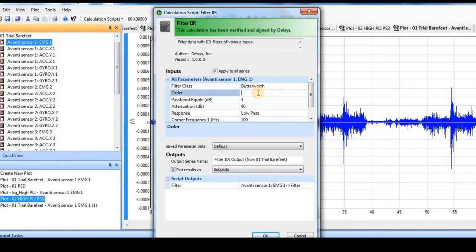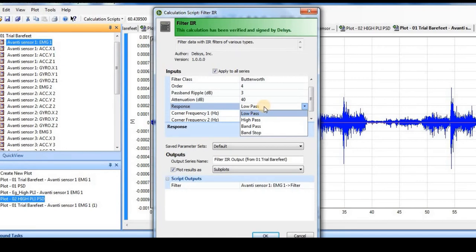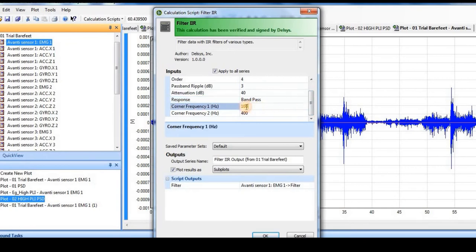If we are interested in the order of filters, here I am taking, let's say, the fourth order. The other two features are not applicable in the case of Butterworth, but we can always set the ripple of the pass band, attenuation of the stop band, and different types of filters. So I am selecting here the band pass filter. Now when I select the band pass filter, I have to set two frequencies as discussed previously. Based upon my observations of power spectral density analysis, I am setting the first corner frequency or cutoff frequency as 20, and the other will be at 550.